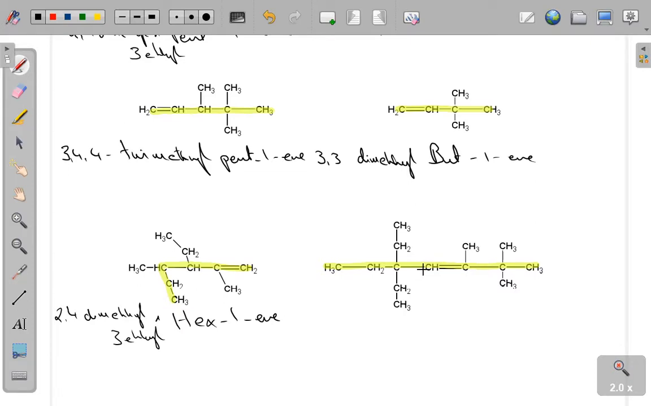1, 2, 3, 4, 5, 6, 7. So this is hept. Hept-3-ene, because if we went from the other end, 1, 2, 3, it'd be 4. So we've got to give the smallest number. Now, that means that this is carbon number 2, that's carbon number 3. So therefore 2, 2, 3